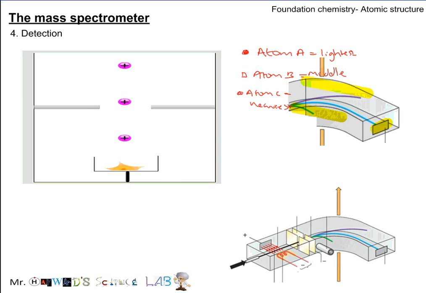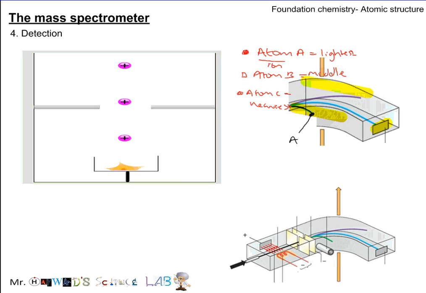Now, for atom A, it's the lightest atom, or we actually should say ion, okay? Because they're ions now, so it's the lightest ion. The magnetic field is going to have the strongest effect on this ion, and therefore it will deflect it the most. So, the lightest one, atom A, is going to be represented by this green one. Okay, because it's the lightest, it's being deflected a lot. The magnetic field is drawing it to the side, and it's going to hit the side before it reaches the